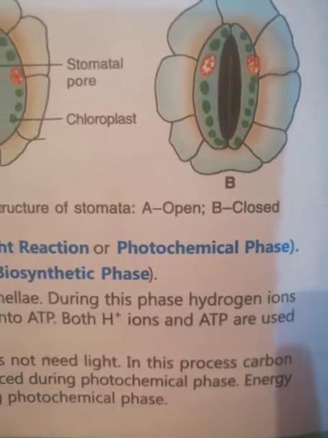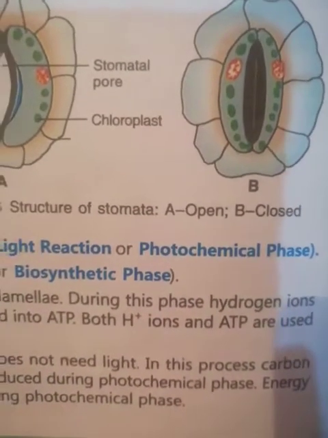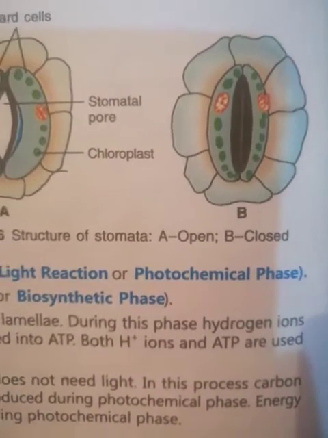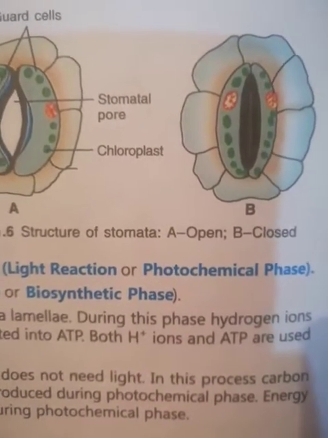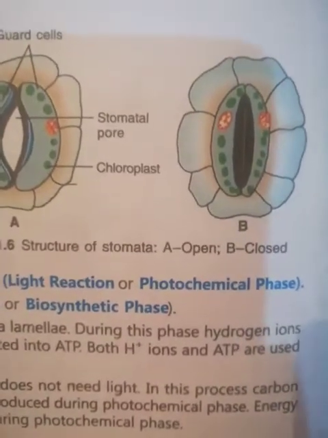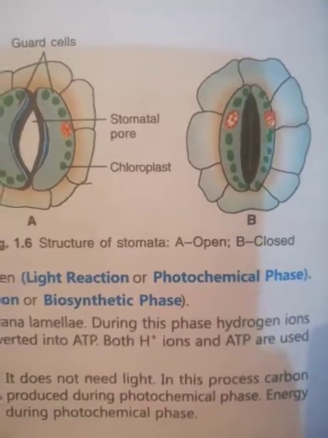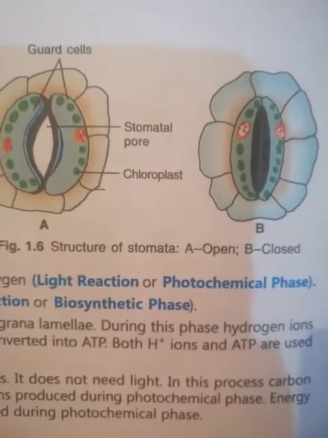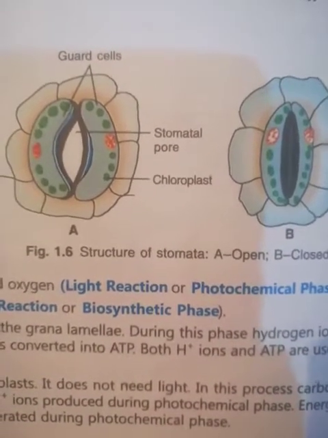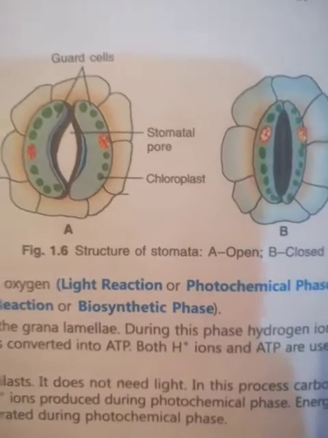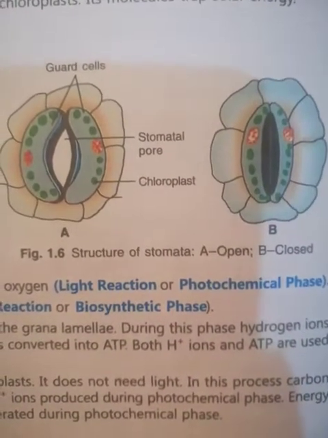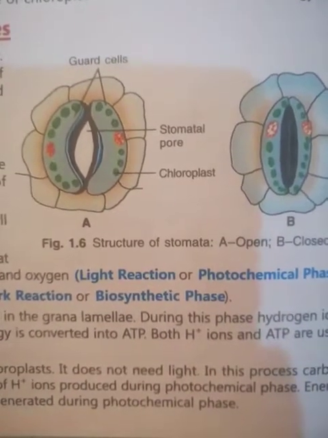As I told, in photosynthetic process, two reactions are happening. First one light reaction and second one dark reaction. During light reaction, photolysis of water, or solar energy trapped by green part of the plant, is converted into chemical energy, that is ATP and NADPH. And second reaction, that is dark reaction, means light reaction first one, dark reaction second one.